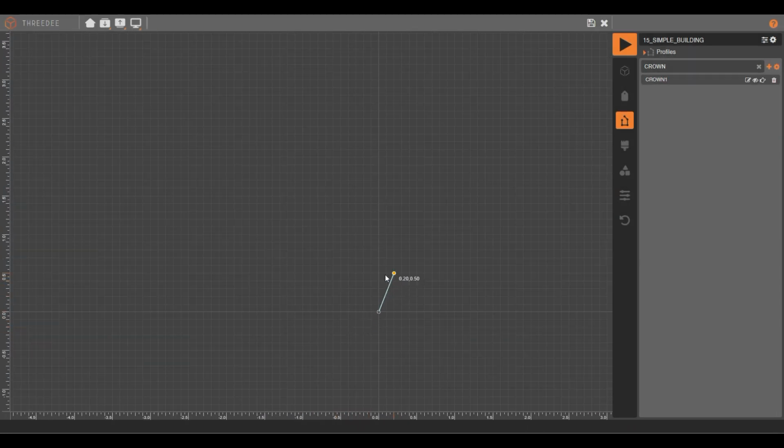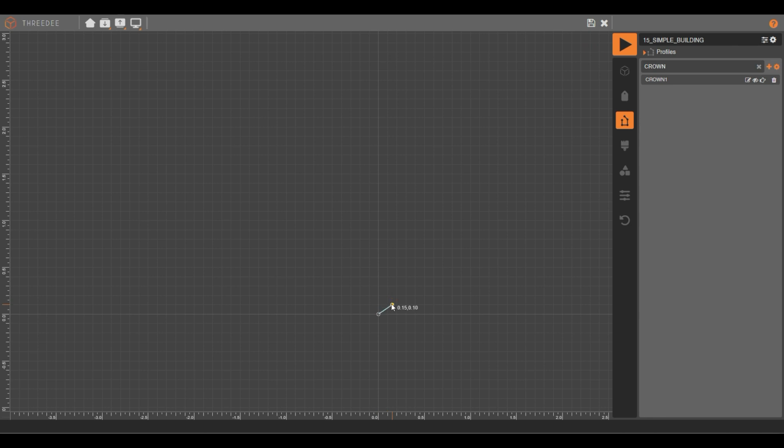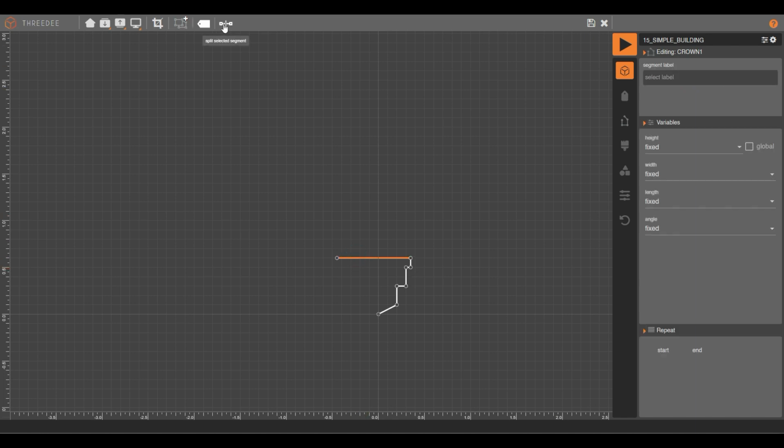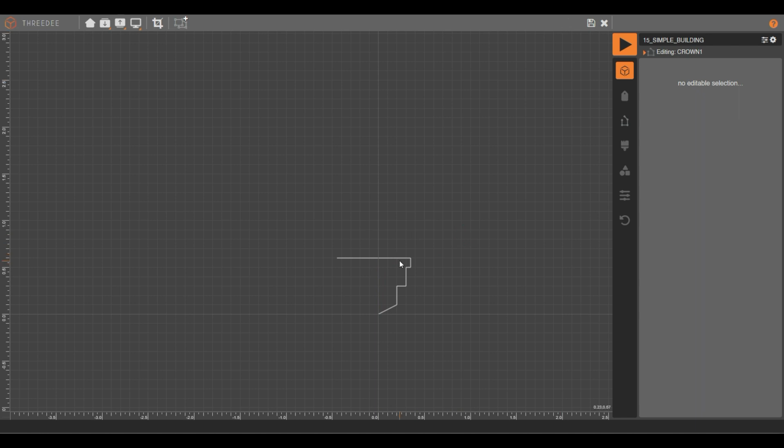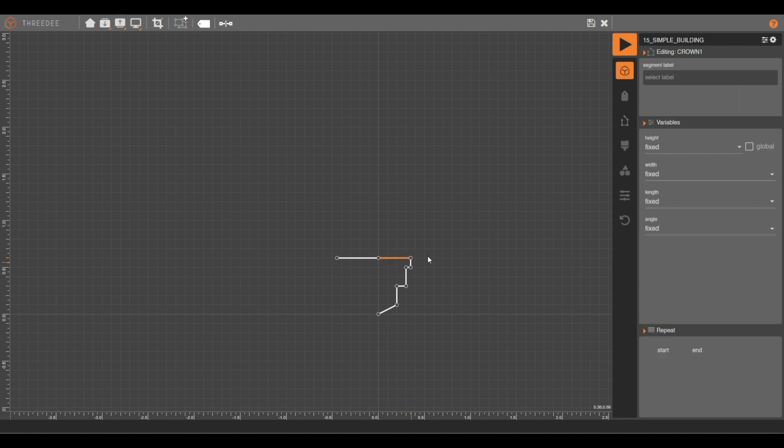This profile could be something like this. A crown for my building. I will put this here. And I will say this will be trim,